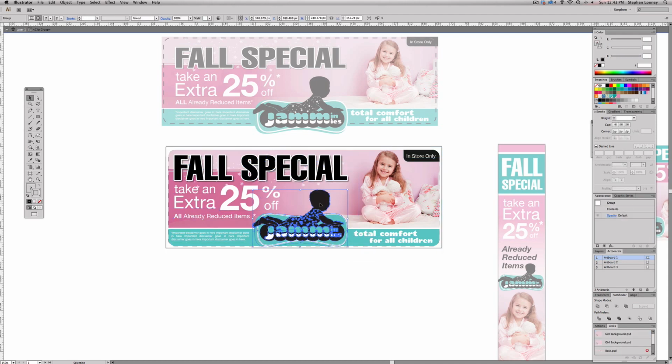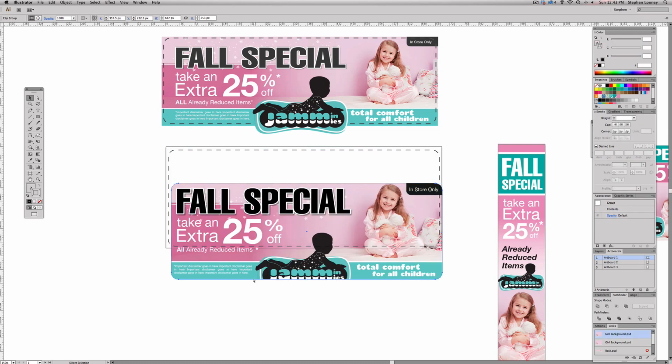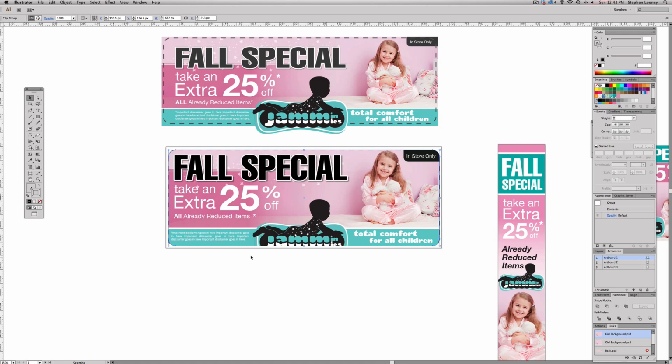I'm now going to simply take my logo. I'm going to pull that image down just a little bit, and I'm now going to click off and see what happens. Okay, so basically what happened here was I moved it down, but it's still within that clipping mask. What you want to do here is, we should have had this done right from the get-go, but we're going to learn something here. Let's see. We're now going to